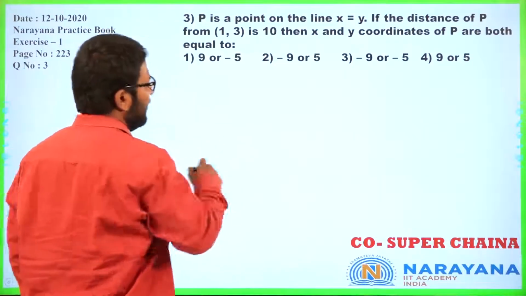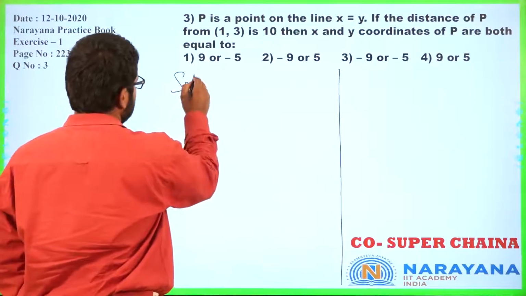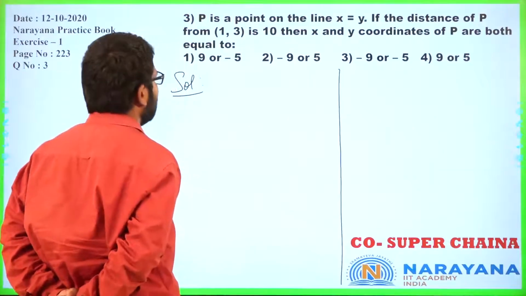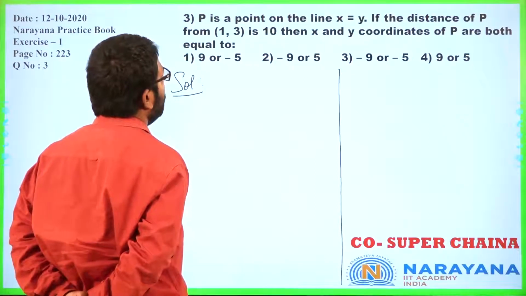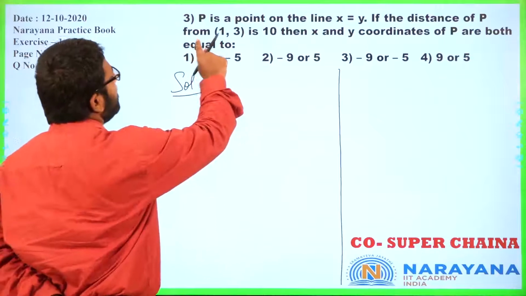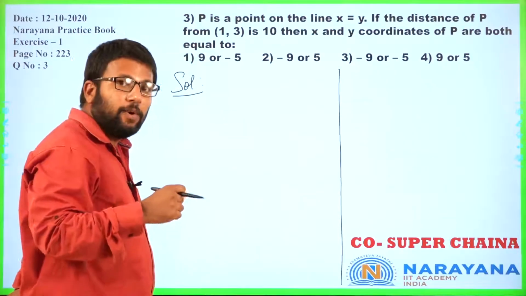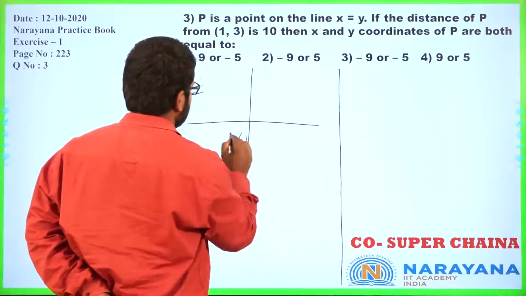P is a point on the line x equal to y. If the distance of P from 1, 3 is 10, then x and y coordinates of P are both equal to. Alright. So P is a point on the line x equal to y. Now first, what does the line x equal to y look like? If this is your origin,